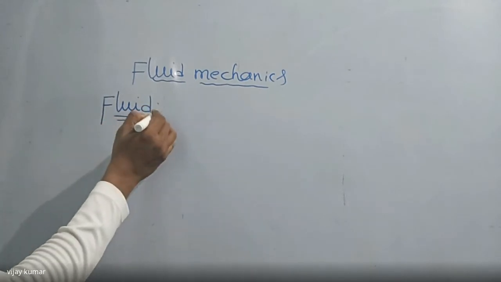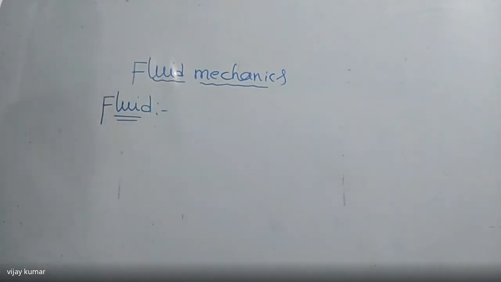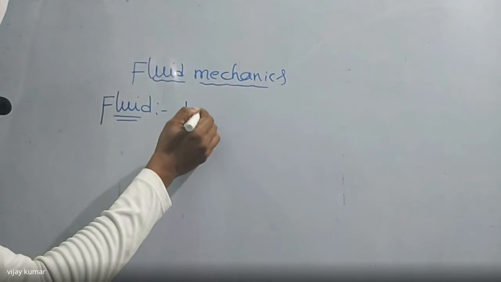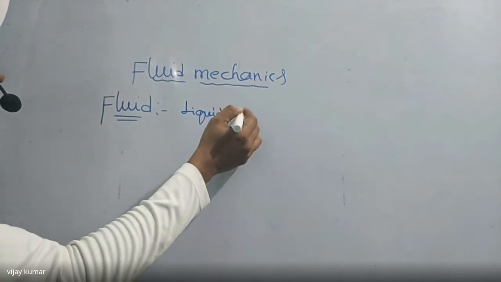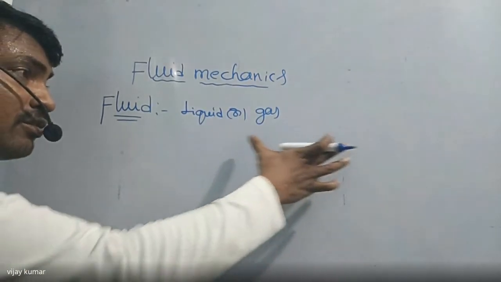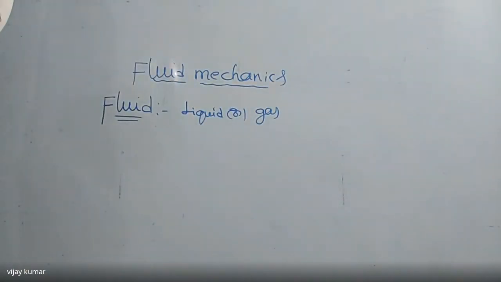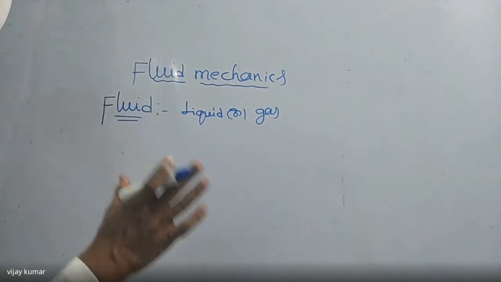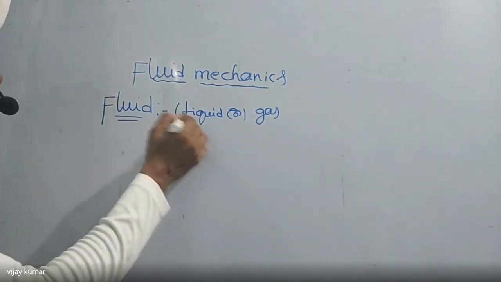So, fluid is a substance which is in the form of a liquid or gas, which deforms continuously in the direction of flow under shear. Listen carefully, very clear. I'm saying very clear. So, fluid is a substance, liquid or gas, which deforms